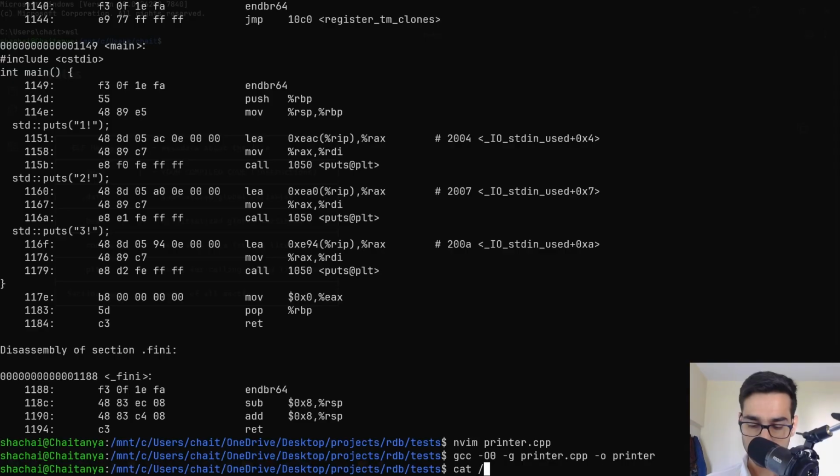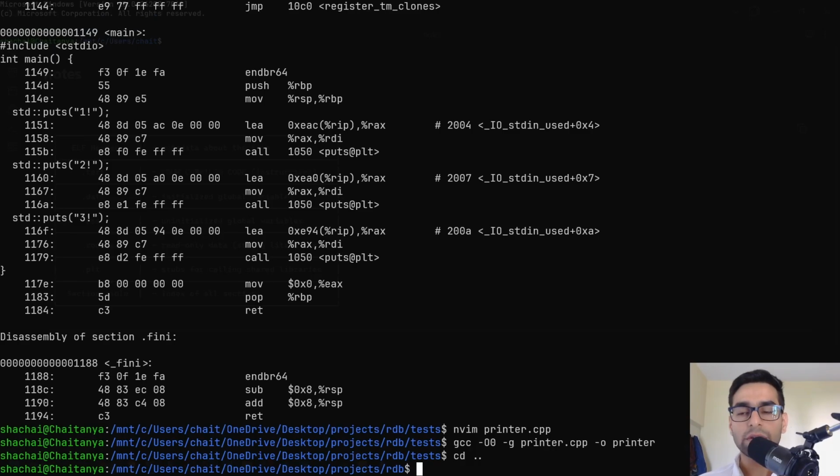Cat /proc, and here we need the process ID. And then to find out the memory addresses, we can go to maps. So if you cat this file, this will show you the memory addresses. All right. But to do that, we first need the process ID. So what we will do is, whenever we run a process with our debugger, we will print out its process ID. We were doing that,